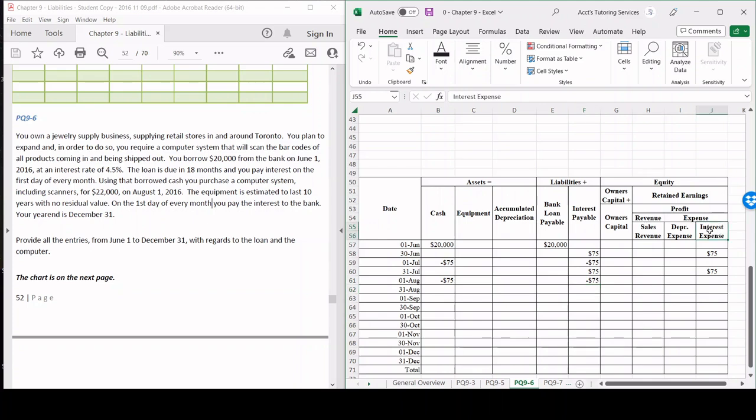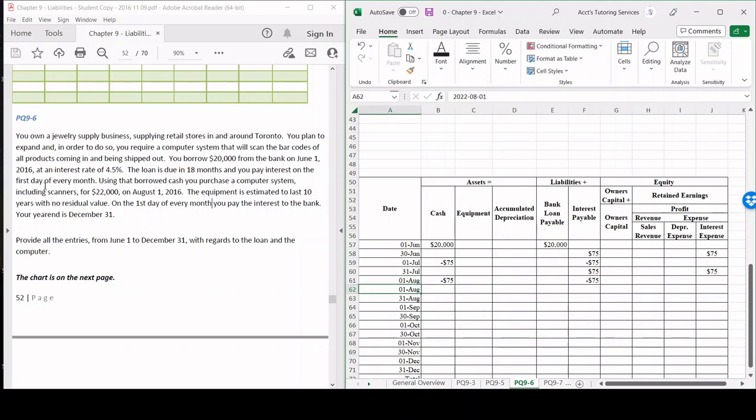So interest is attached to bank loan payable because the bank's not going to give us money for free. They're going to obviously charge interest on it. And remember, interest is the cost of doing business to us. All right, so we also have another entry that's going to take place on August 1st because this is when